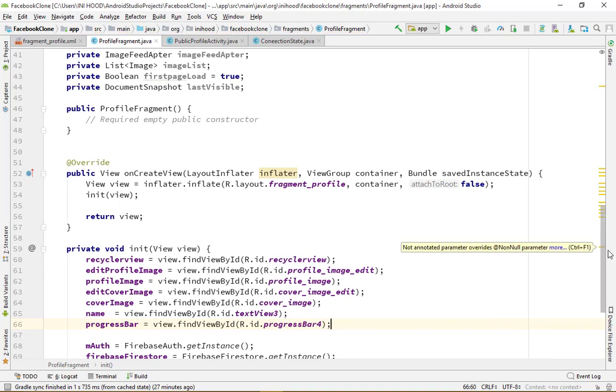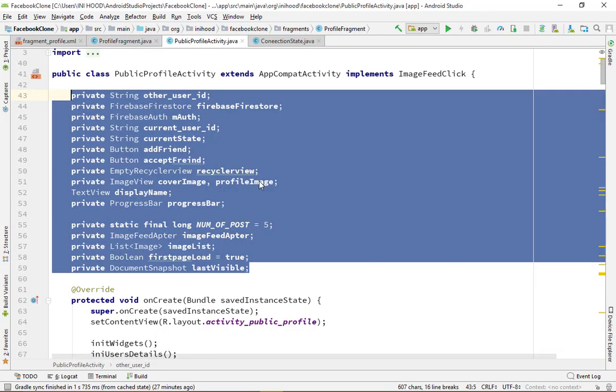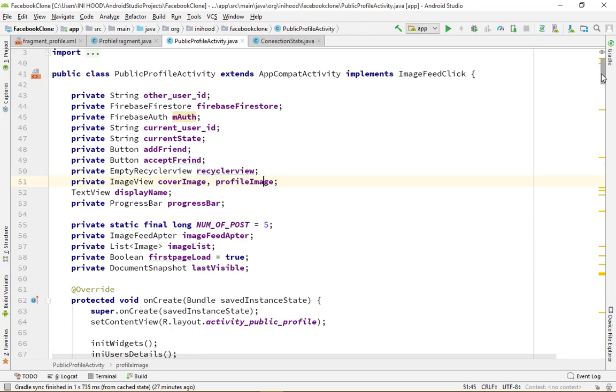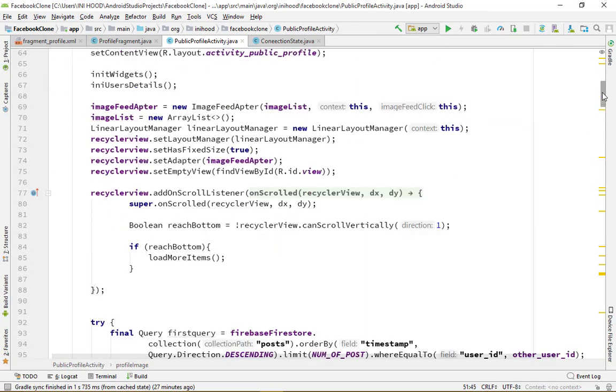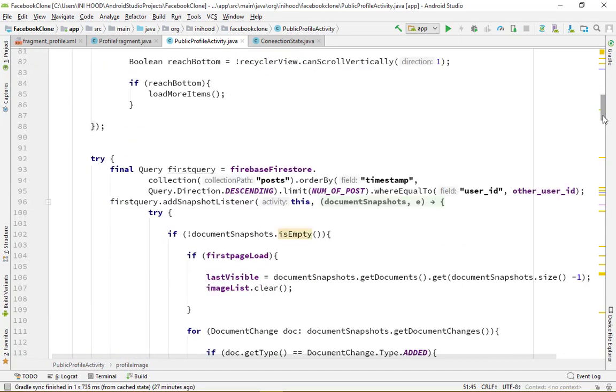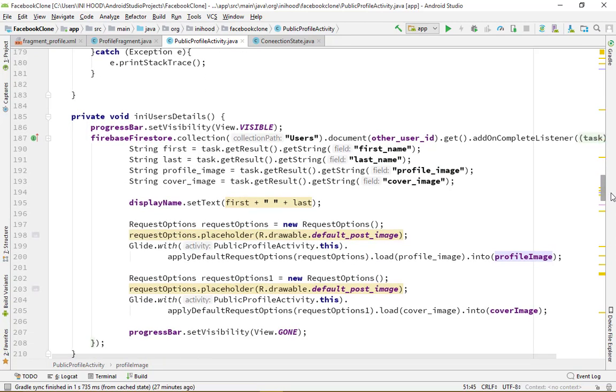So the other method, I'm gonna copy it. Where are you? Init user details. Okay, here it is. So the init user details, I'm gonna